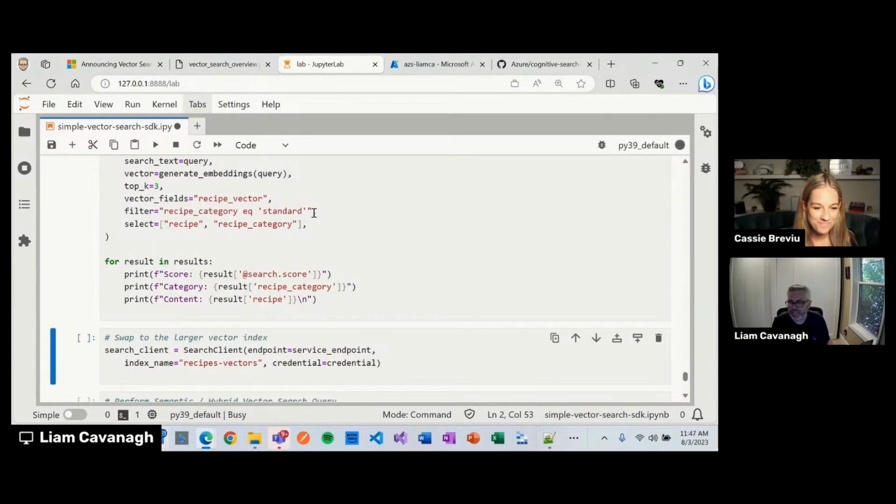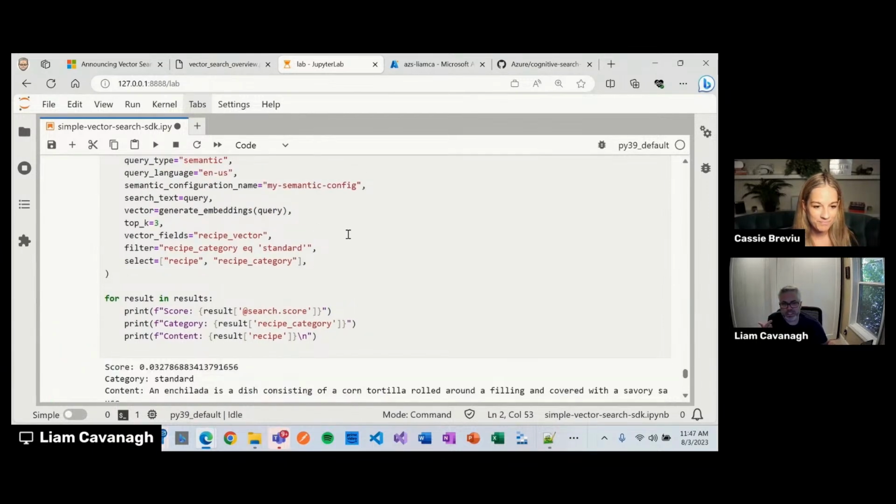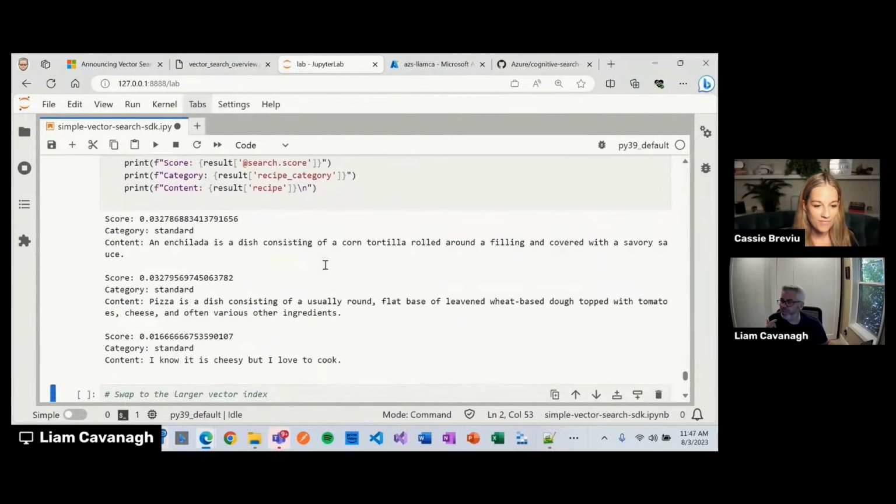And if we search this now, you'll notice that the results that come back are a bit more effective, right? Like it did bring the cheesy one, but it's much lower down in the list because of all of these things: using text for hybrid, as well as our updated semantic model, which by the way, we just deployed a brand new updated model at the start of August, which has been really, really effective.